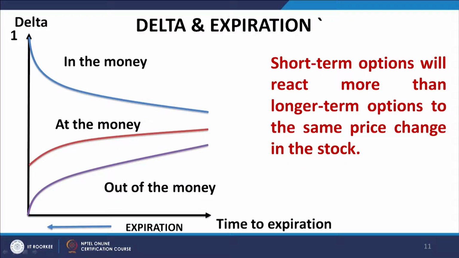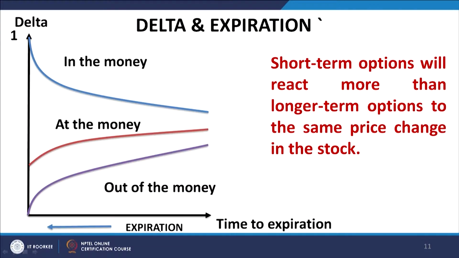And if the options are well out of the money, again we have a similar situation, but diametrically opposite, in the sense that delta again changes very rapidly, but then it decreases and moves very rapidly to the value 0. As you can see, what I have just mentioned is depicted in this diagram. Please note, because we are moving closer to expiration, we need to interpret this diagram while moving towards the left hand side. Expiration would be represented towards the left hand side. The time to expiration is being reduced.